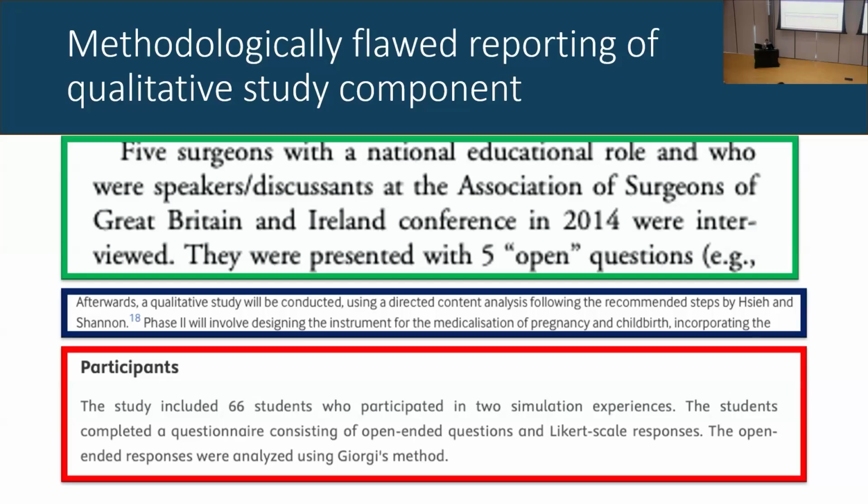The second one is another one of my pet peeves. So it says afterwards, so different study, afterwards, a qualitative study will be conducted using directed content analysis following the recommended steps. And I look through the methods and I'm like, okay, so a qualitative study, yay, great. But what's the design? Because if you don't tell me the design, then I don't know the rules for sampling. I don't know the rules by which I should judge your data generation. I don't know the rules for your analysis. And then I start to get really irritated because